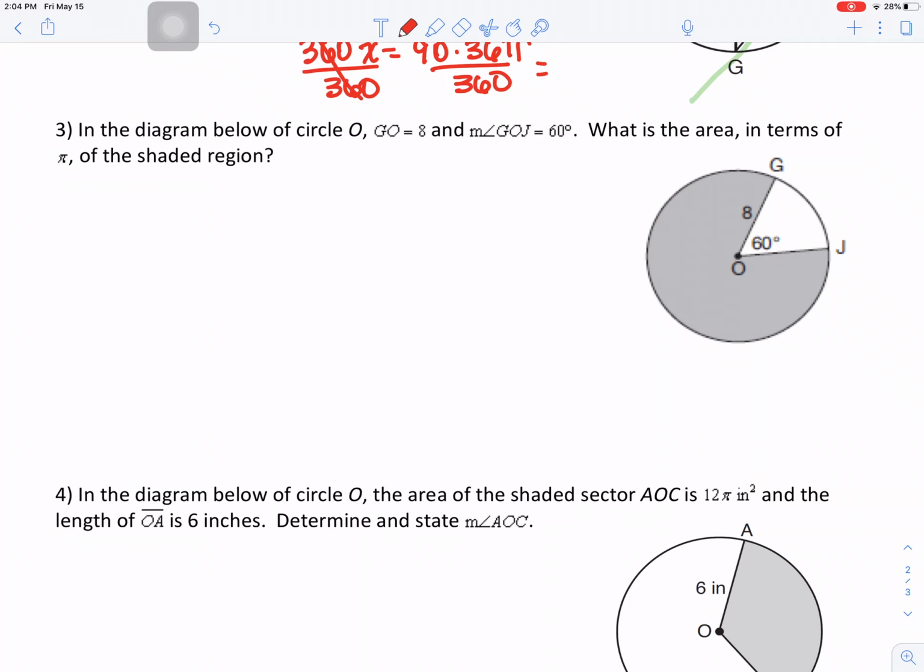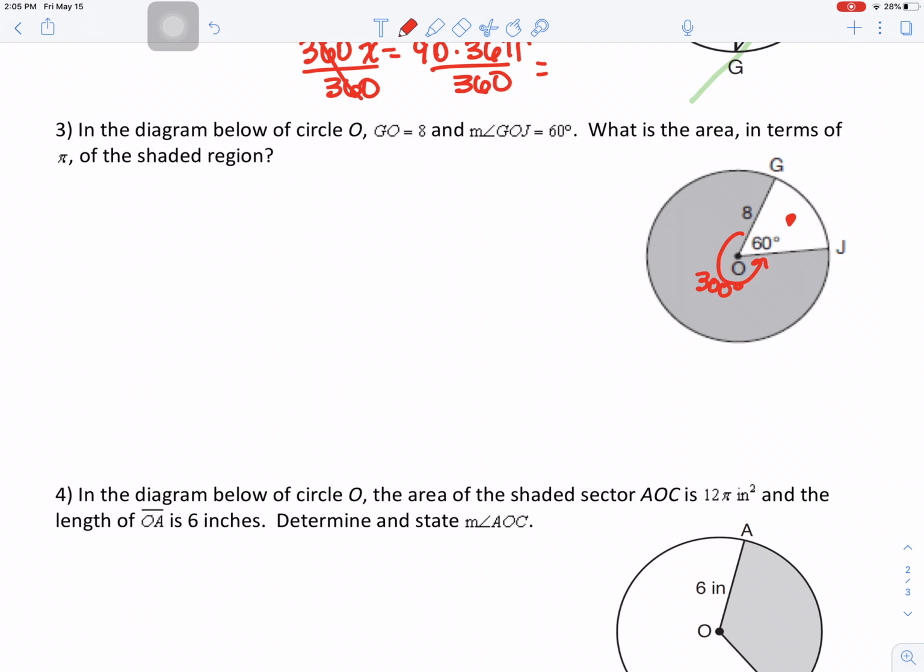You can either find this shaded region and subtract it from 360, because that's not what we want, or you could find this angle and do the problem that way. So you pick the way you want to do that one. You either use 300 as your central angle, or use the 60 when you get the area of sector GOJ, and subtract it from